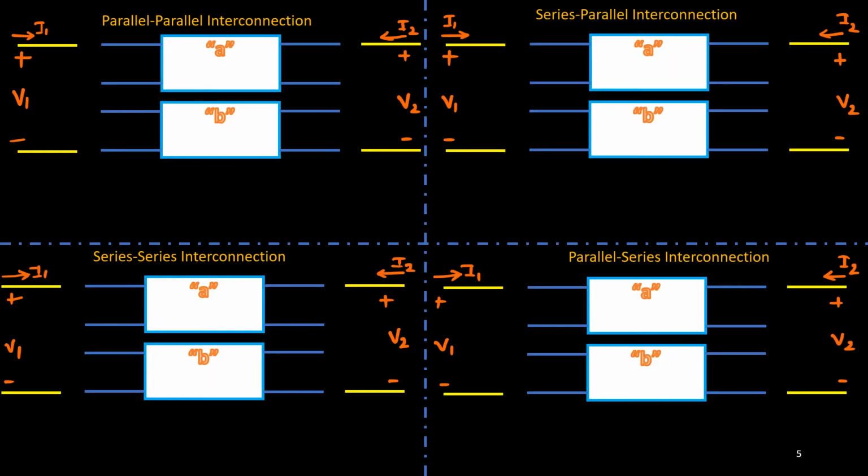Now you see, in this slide, we will consider all the four combinations. First one is parallel combination, then series combination interconnections, series parallel interconnection, and here we will consider parallel series interconnection. So let us start with parallel interconnection. You know that to get parallel interconnection, V1 should be equal to V1A, and equal to V1B. Similarly, V2 equals V2A and V2B. So we can connect it.